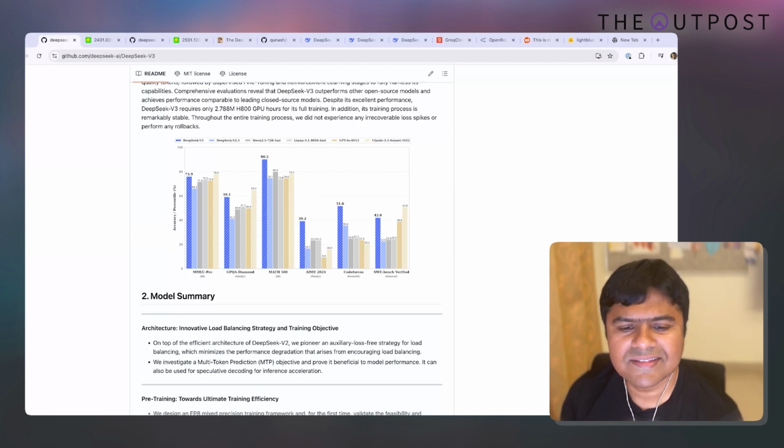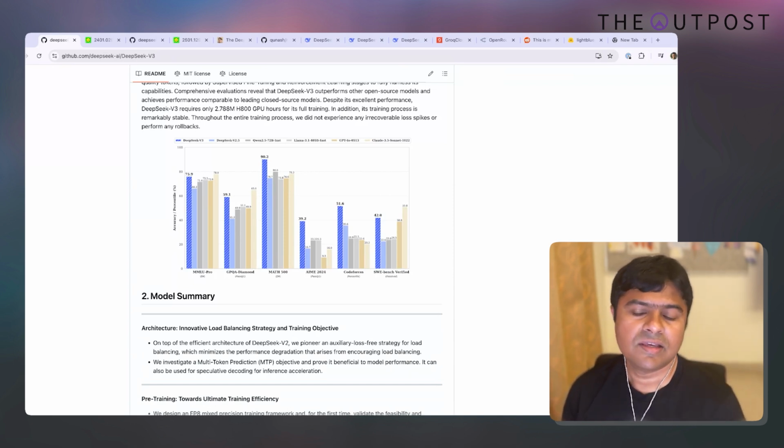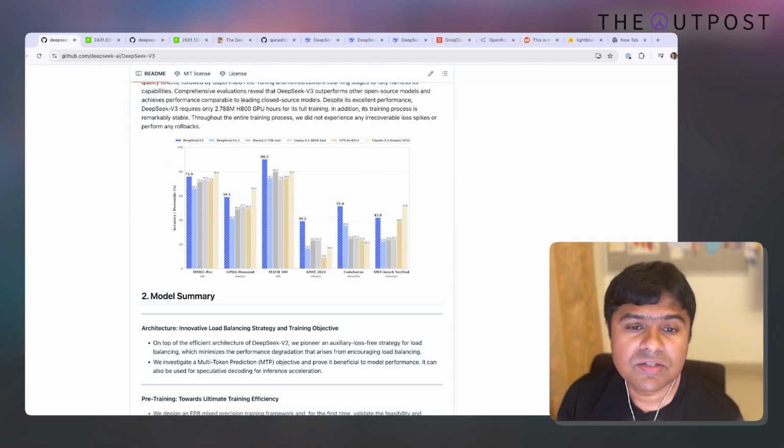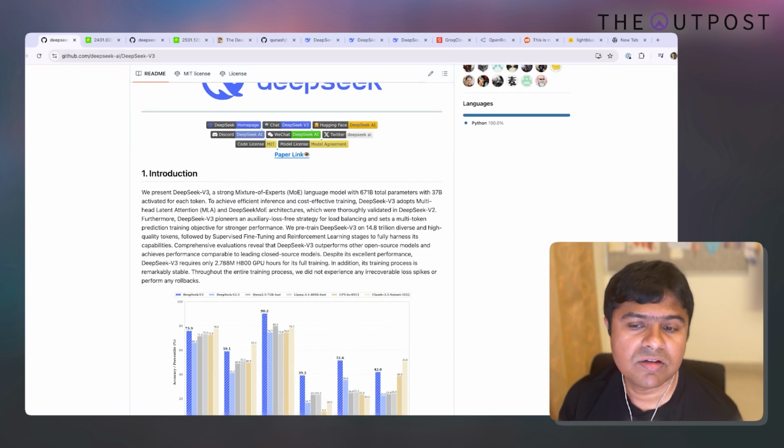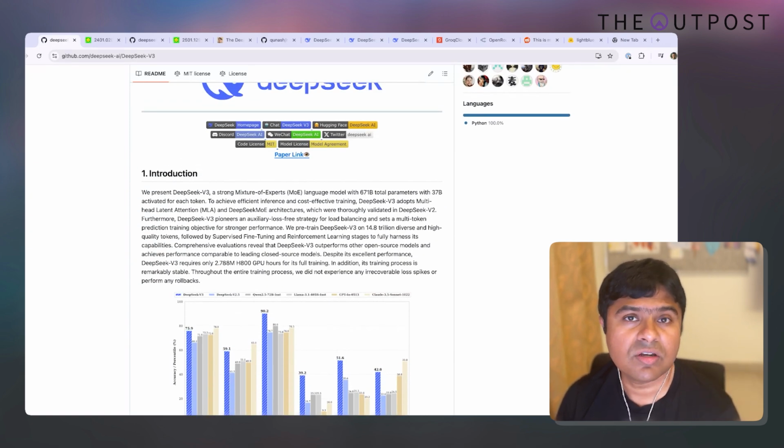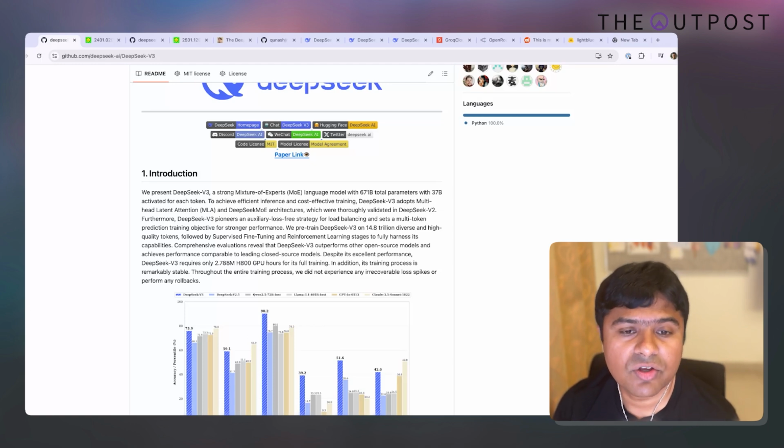The other thing is, it's been trained apparently at a much lower cost. The constraints are really well defined. Apparently it's been trained in about the $5 to $10 million range, so it's not in the $100+ million range. So in that way, it's a very efficient model.